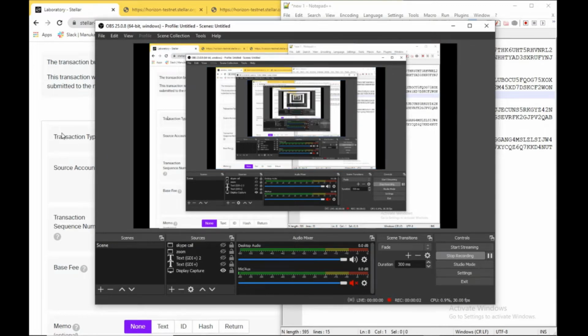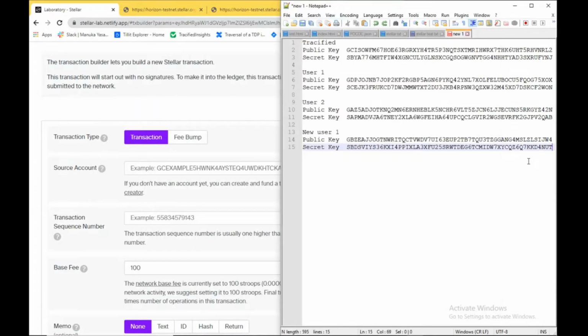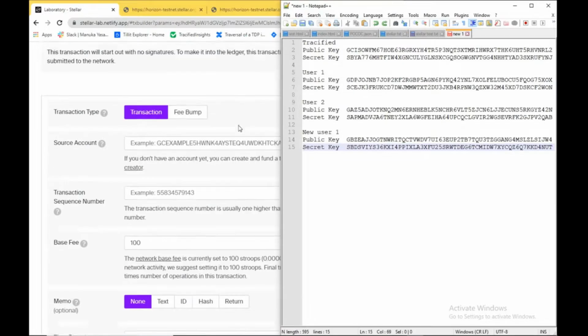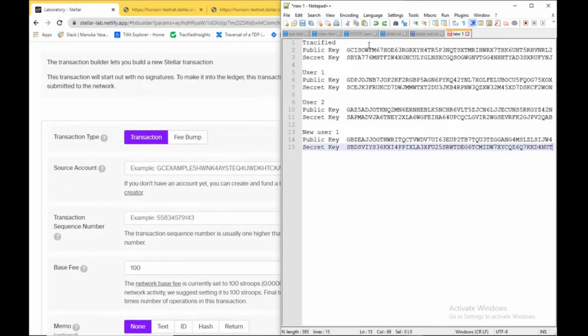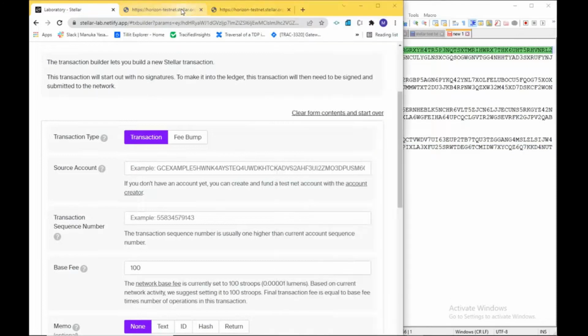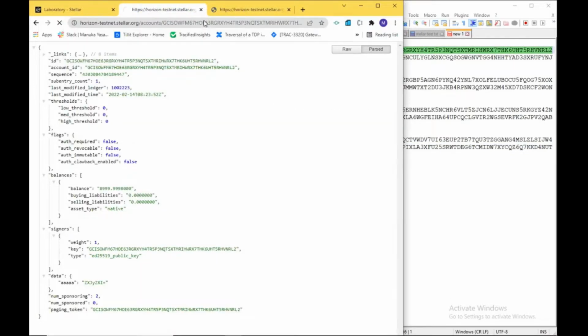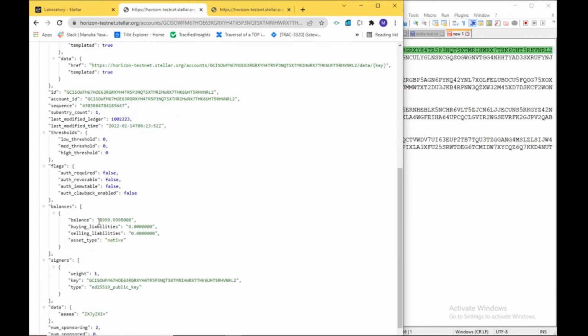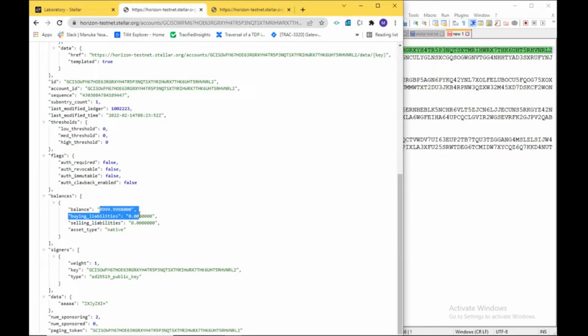Hello, this is a short video to demonstrate how we can use different functions in Stellar to manage lumens effectively. So I have this specified main account which has approximately 9,000 lumens, and I have this